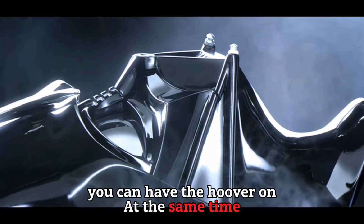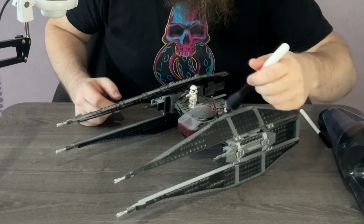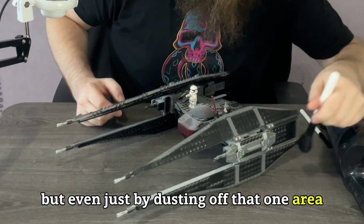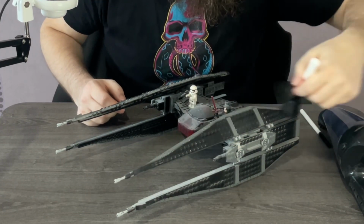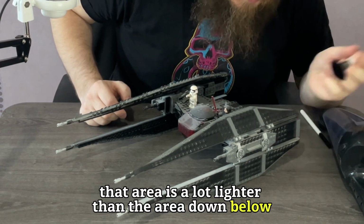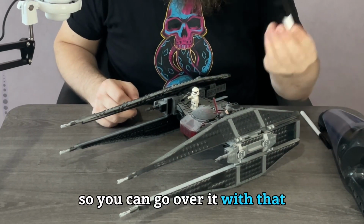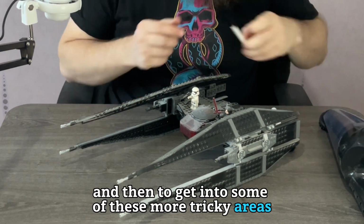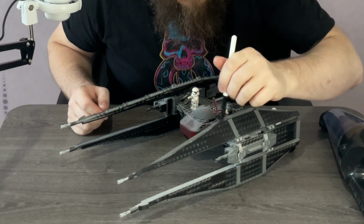You can have the hoover on at the same time. Obviously that will kind of drown us out, but even just by dusting off that one area, just using the single brush, which is the powder brush, you see that area is a lot lighter than the area down below. So you can go over it with that, and then to get into some of these more tricky areas,